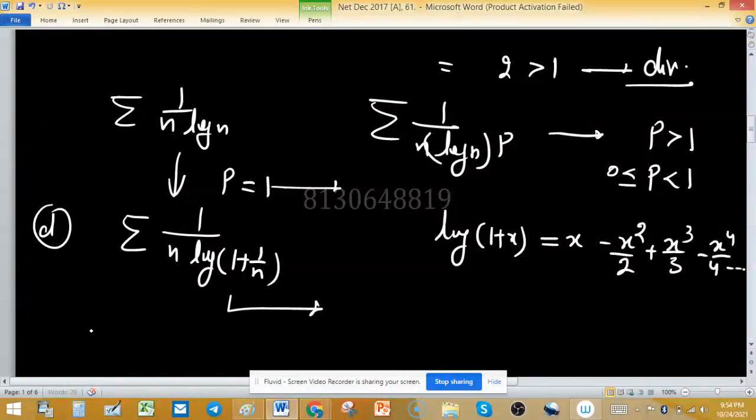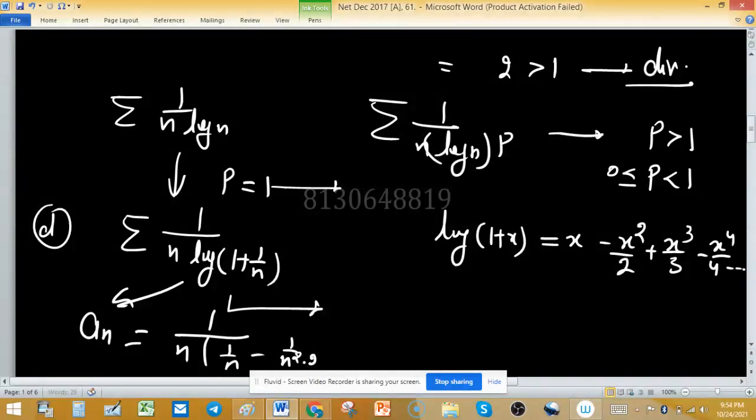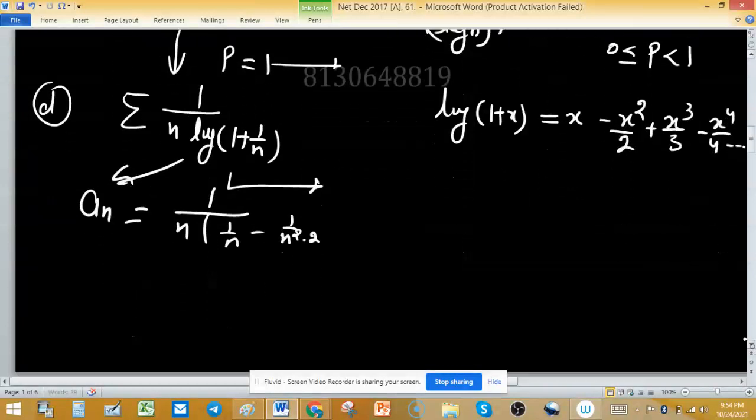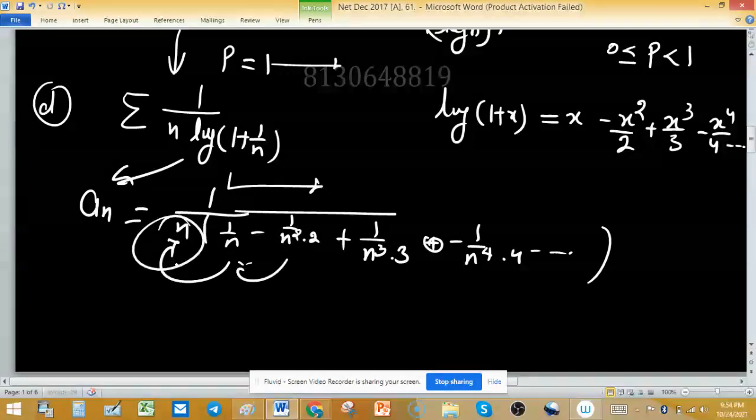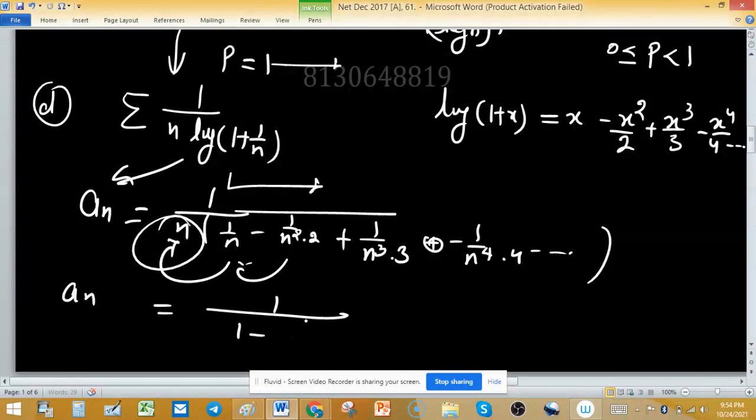Using this expansion, I can write a_n as 1 upon n into, 1 upon n minus 1 upon n square into 2 plus 1 upon n cube into 3 minus 1 upon n raised to the power 4 into 4, and so on. Take the common 1 upon n from each term. So this n will cancel out, and we will have a_n equal to 1 upon 1 minus 1 upon n into 2 plus